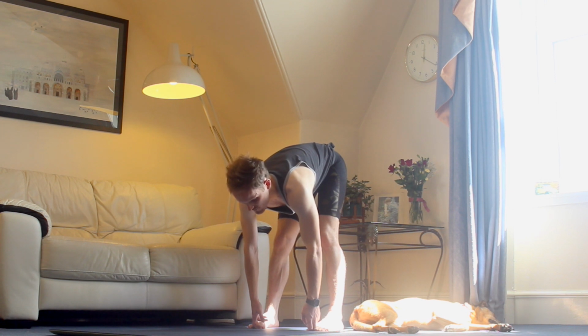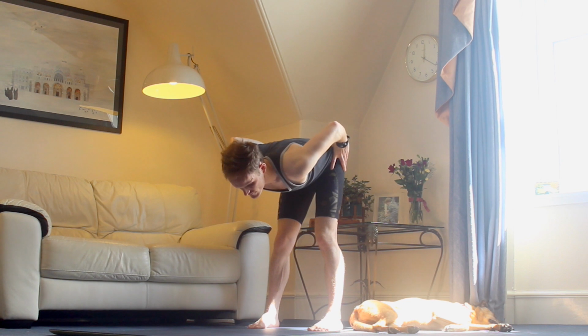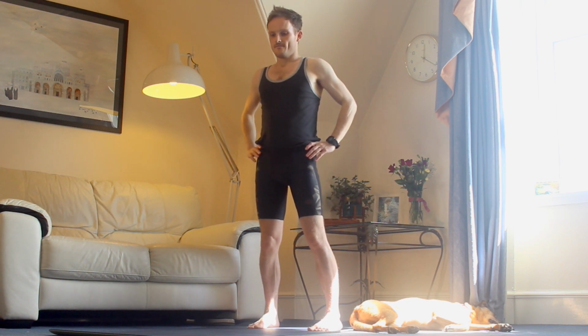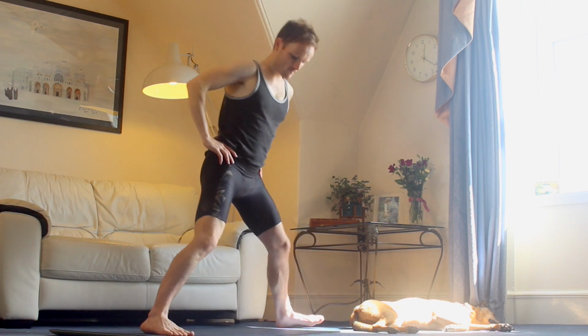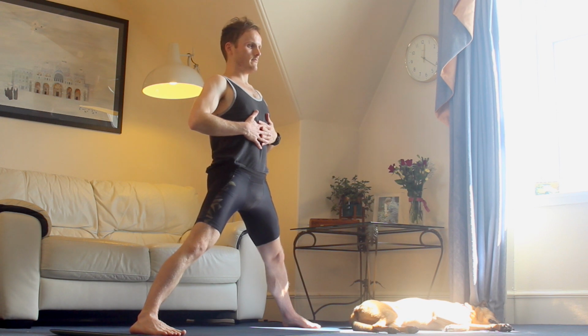To begin with, I was probably folding 10 degrees, not much more than that, all the while making sure I wasn't letting my shoulders fall down towards the ground, but rather keeping them opened up and pulling away from the floor. Stepping out to a wide stance, with the feet parallel, legs straight, hands clasping the stomach to begin with,